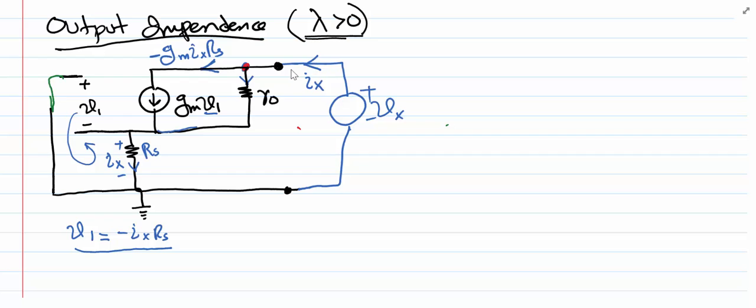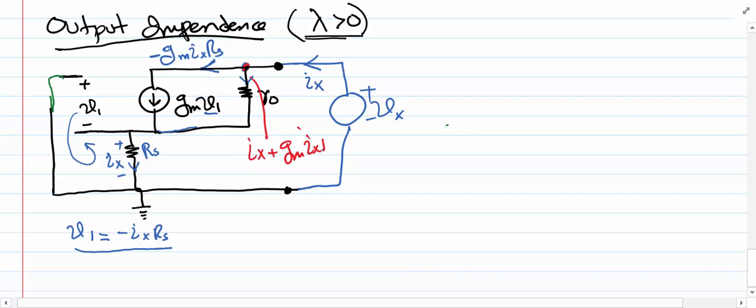Now if I apply a KCL on this node, the current that is entering into this node is Ix, and there are two paths for current to follow. So Ix splits into two parts. One of the parts is minus Gm Ix Rs. Therefore this part has to be equal to Ix plus Gm Ix Rs in order to have a valid KCL at this point. So now that we have all the currents defined on every branch,